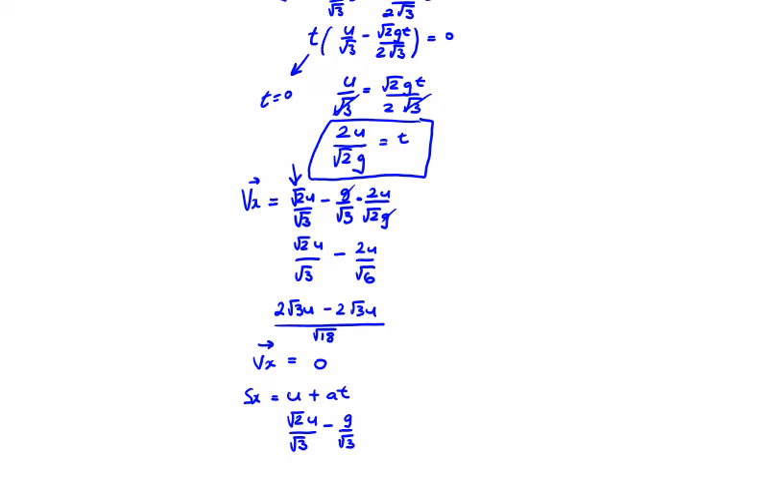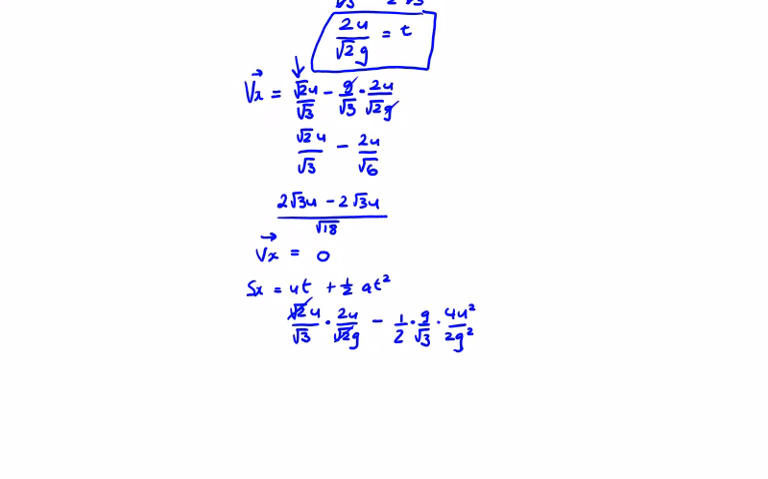So we have ut plus a half at squared. So we have our u times our t, which is the 2u over root 2g, and then minus the 1 over 2. The acceleration is g over root 3, and the t squared is going to be 4u squared over 2g squared. So I can cancel this guy and that guy. So I'm going to get 2u squared over root 3g